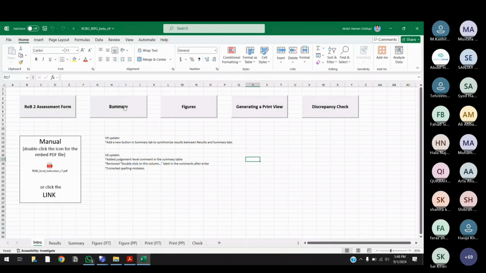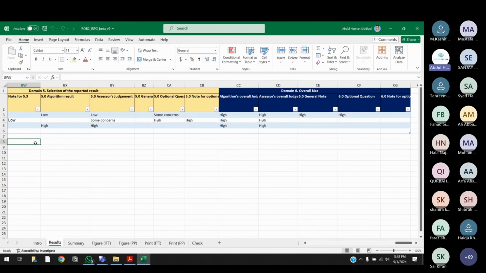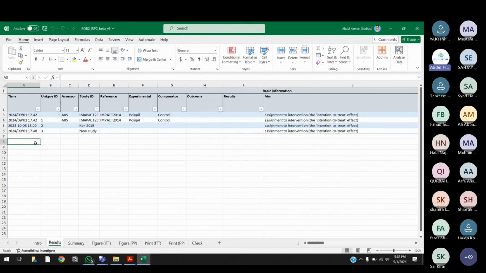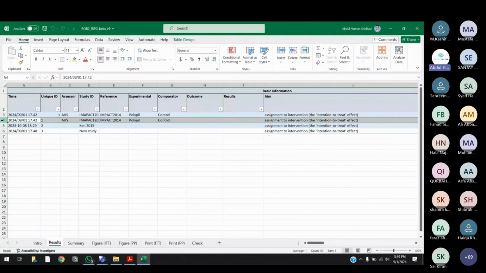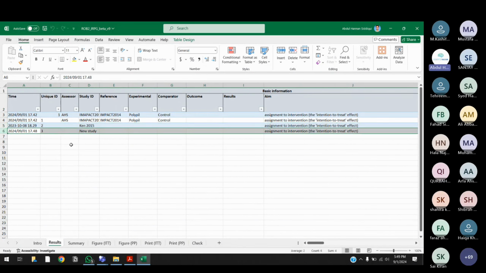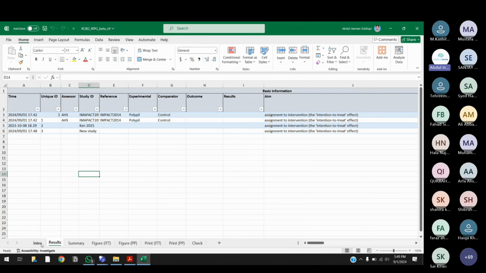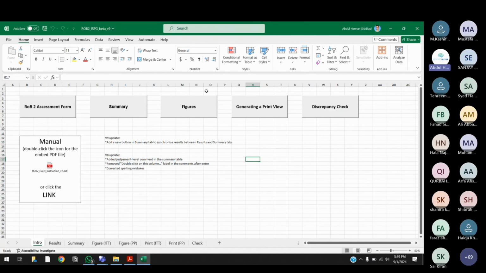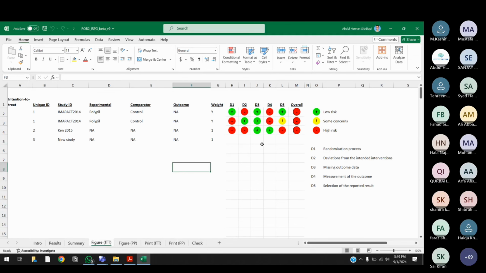Okay? How to delete studies for now, ठीक है? How to delete studies, you go to the results tab, ठीक है? Bottom पे results tab है, you go to the results tab and then right at the beginning you can see these studies, ठीक है? Can you see the study ID and the unique ID? ठीक है? मैं यहाँ से you can select the whole row and delete it. Once you delete it, you save your file, and then you will have to go back to the intro page and recreate the figure, ठीक है? दोबारा से figure recreate करेंगे, तो फिर जो है that study would be deleted from this figure, okay?